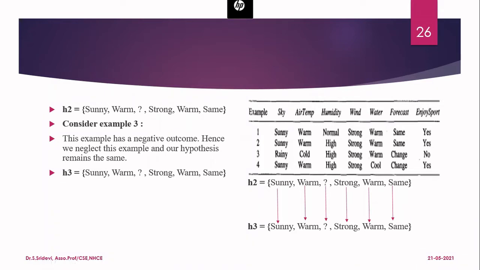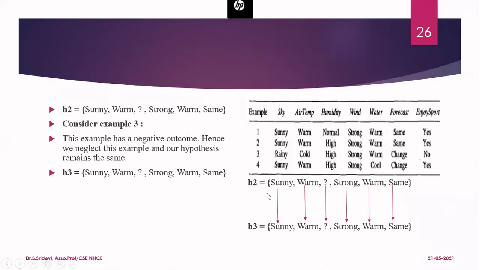When we consider the definition of the Find-S algorithm, it is going to consider only the positive instances. Therefore, you can simply neglect this particular record because it is not going to contribute anything for the development of the hypothesis. Just neglect this record and keep the hypothesis as such. So I am not changing anything in this. I am writing the new hypothesis H3, but the parameters are same. Why I am retaining the parameters is the third record is not a positive record. It is having the last column as no. So it is a negative example. So I am going to retain the hypothesis as such.